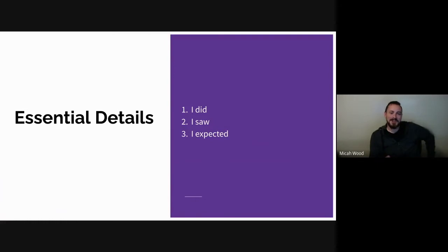So if you can remember these three things, this is what I did to produce the problem, this is what I saw, and this is what I expected, it's a good, easy way to remember when you're trying to piece together the essential details, especially if you need to share it with somebody else. It's a good way to do it.